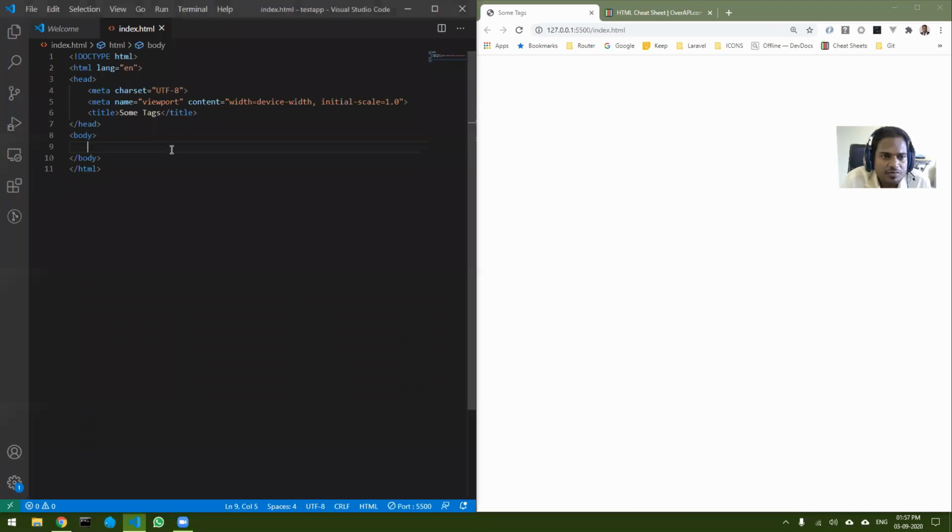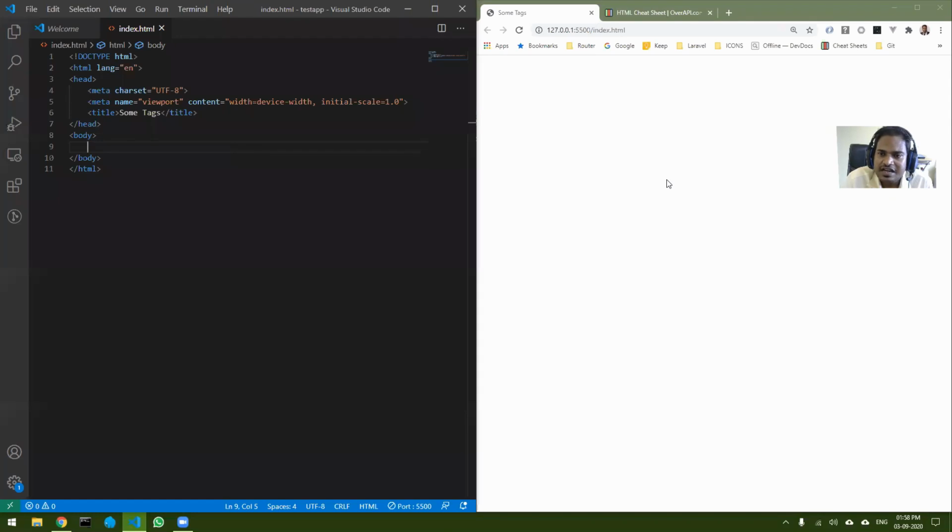You do not need to remember most of the tags, but some you have to remember, as I am going to stress certain things, because looking at the cheat sheet every time is not advisable, as that will slow down your development pace.